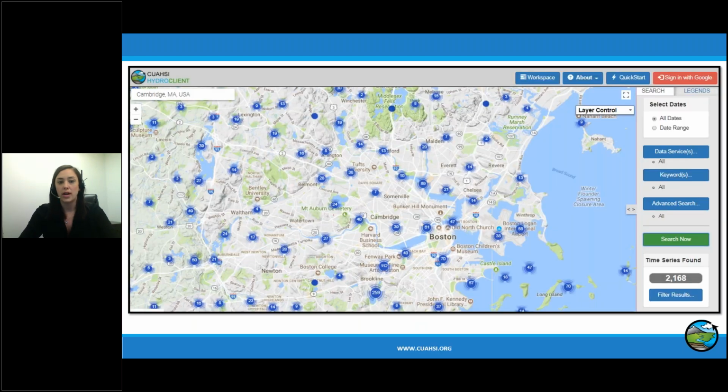All right, so this is just one example of one of our data services called HydroClient. So it's just a screenshot, and I'll go through an actual demo of this later in the presentation. But as you can see, just to give you a broad overview, it's a web mapping application that allows you to search for multiple sources all in the same format. It also allows you to preview and download it as well. So it's bringing together federal agency data, university research data, community groups that publish with us, and so a diversity of data all in the one place, all in one format.